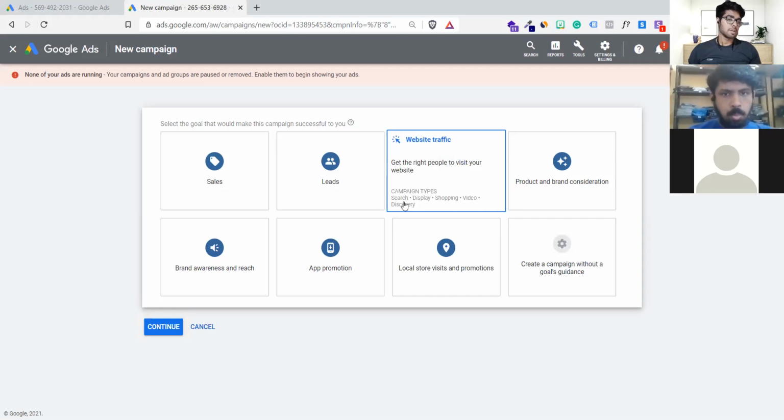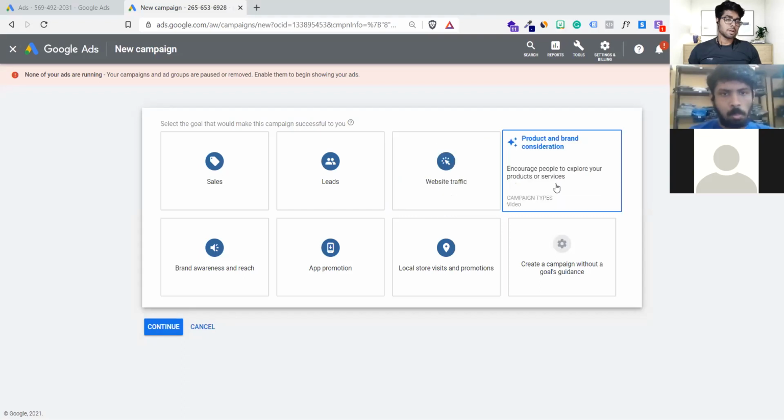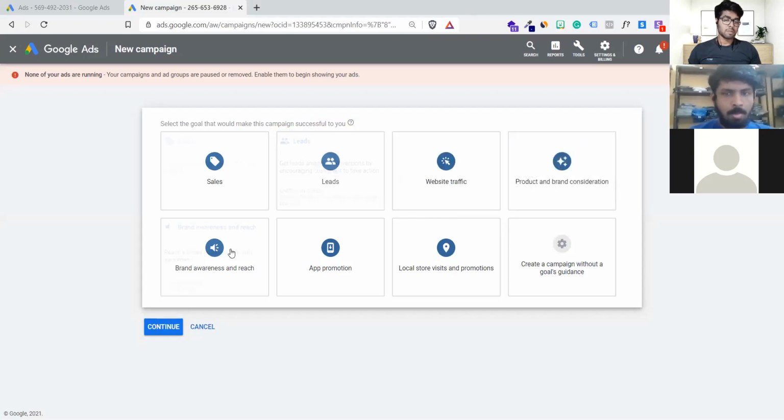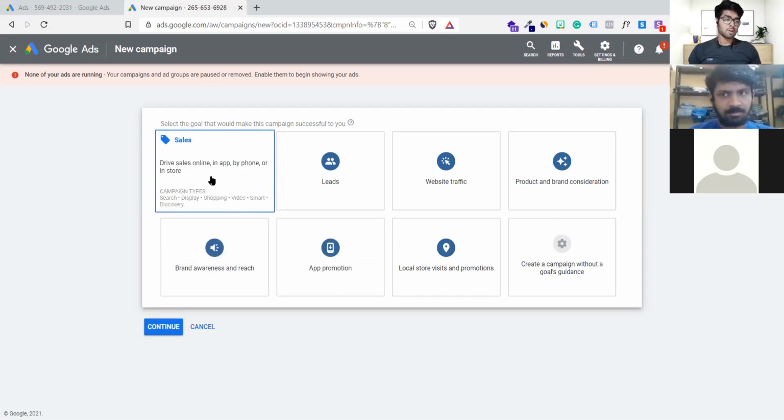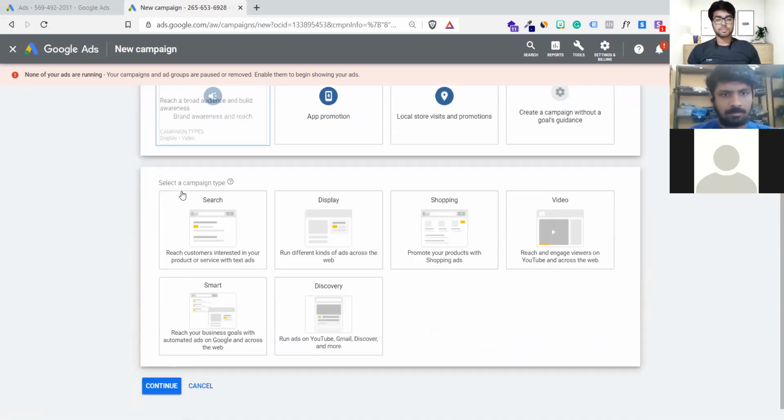Like here, search, shopping, video, and discovery ads are available, and here only video campaigns are available. For brand awareness, we have only display and video available. For app promotion, we have campaign type apps available. So there are various types of campaigns in Google Ads for different objectives. Our objective is to generate sales right now, so we'll click on this.